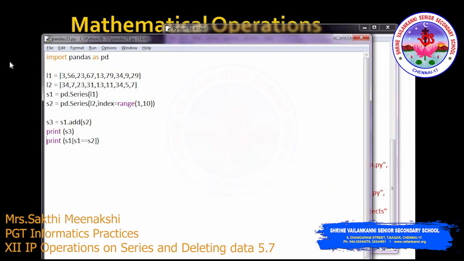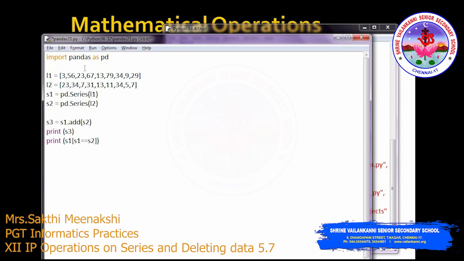Okay, so even though the number of elements in both lists is the same, we can compare only based on index. Okay, since the indexes are not matching, it gives an error report. Right, so now another way is, as it compares only indexes, if you have the 23 over here, so instead of the 4th element as 23, if you have the first element as 23, then it will not compare, because 3 and 23 are compared here, so 23 will not be picked from this series.